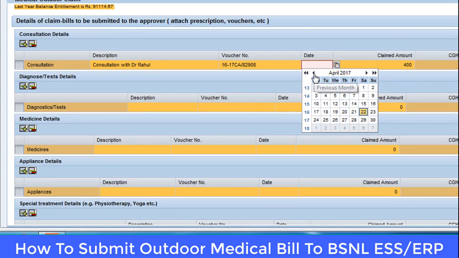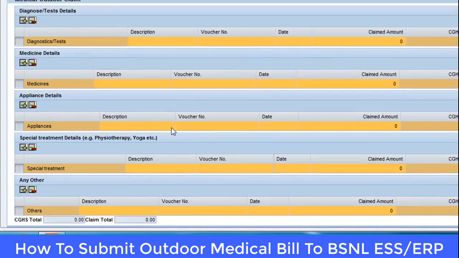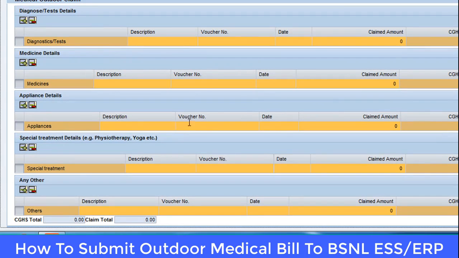Actually I will select from this graph, and the date actually was 21st March, so it has been selected. Okay, now I understand what was the mistake, as I put a colon in place of this period field. So this error has come up. This is the thing that you need to take into consideration.